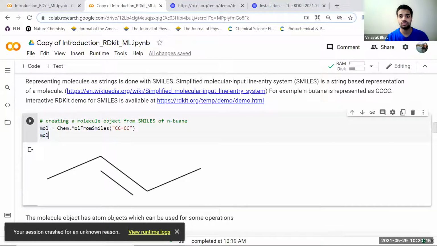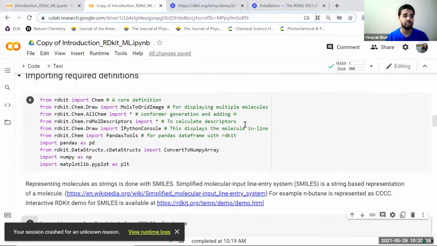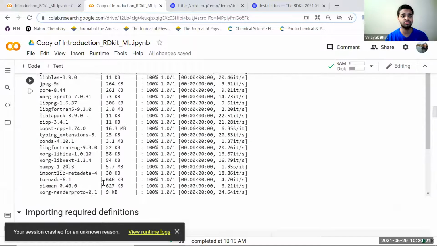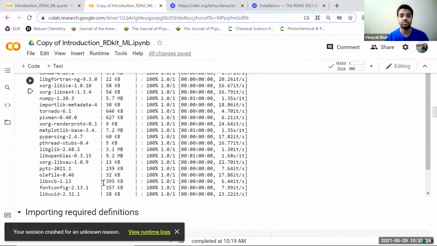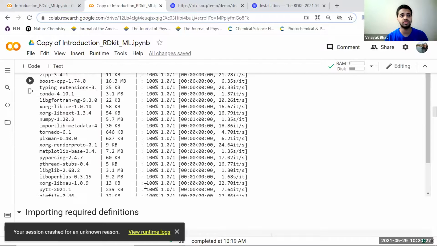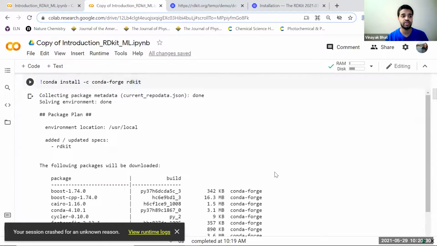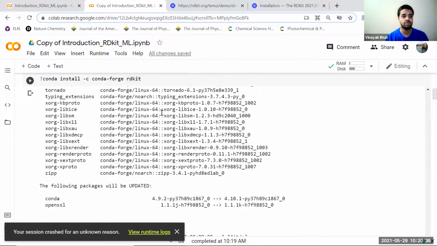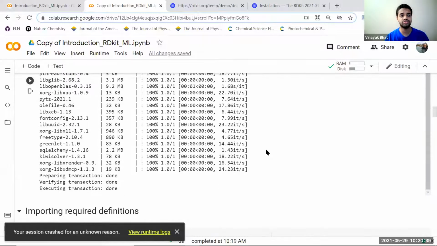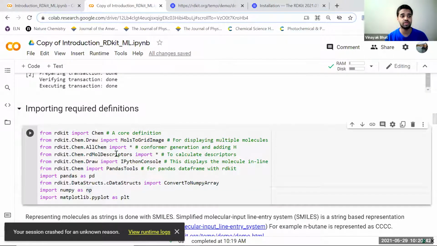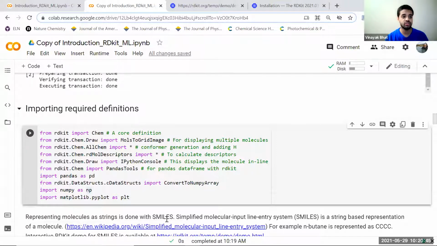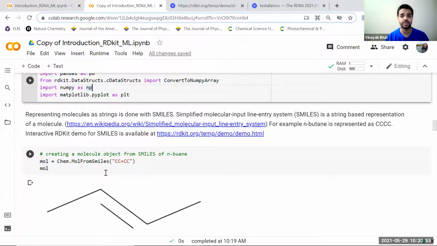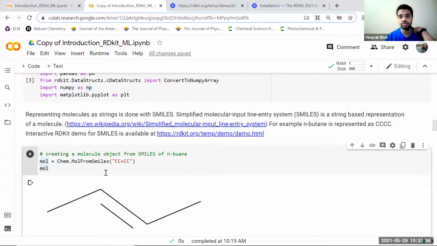If there's an error, that will probably be because you have not installed RDKit. So I would just say you go over the first cell and run it again. First cell, second cell, and third cell. The package installation would be a problem if you run this cell, the importing thing. If you see an error here, that is because of RDKit not being installed. So just try to start from the beginning, and it should work. Okay, I'll proceed in the interest of time.